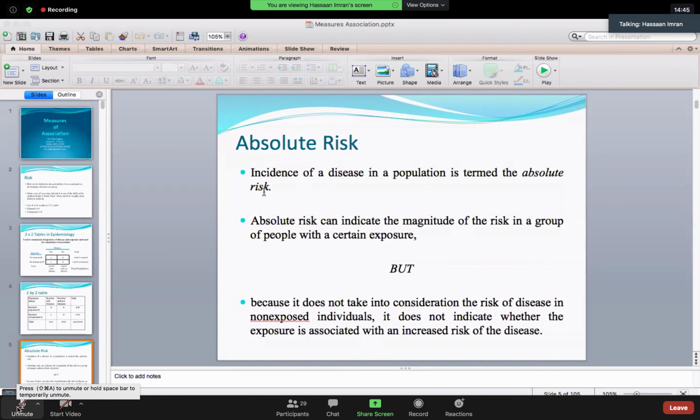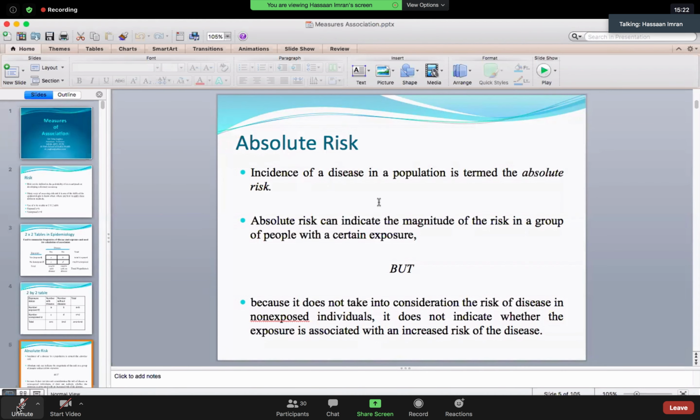That was one of the biggest critiques of incidence, because people said that incidence can only tell us about the disease condition among those who have a certain risk factor. But what about those who do not have that particular risk factor? Say, for example, I gave you the example of non-smokers. What about CA lung among non-smokers? Otherwise, if we just calculate incidence, we generally calculate it among smokers. We are looking for CA lung.